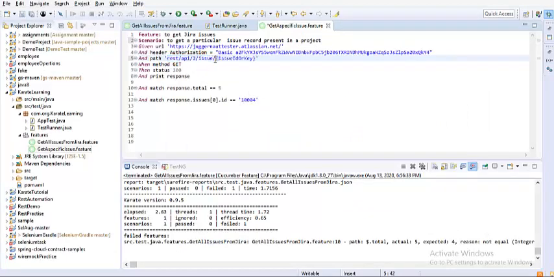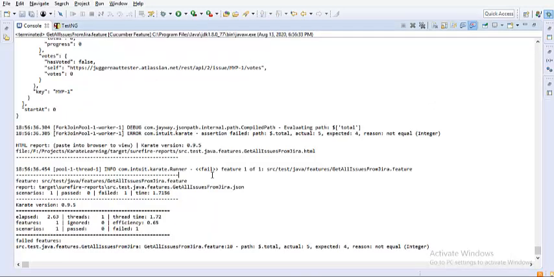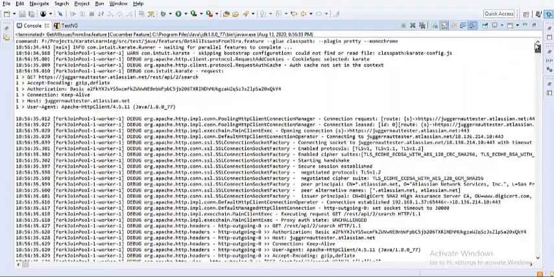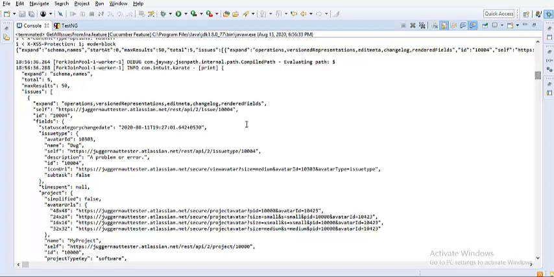Now for the issue ID or key, I can pass any of these two things, guys. If you look into the response of my previous call, you have a key for each specific record, and you have another field called ID. We have already worked with ID. It is something like 10004 and 10005.